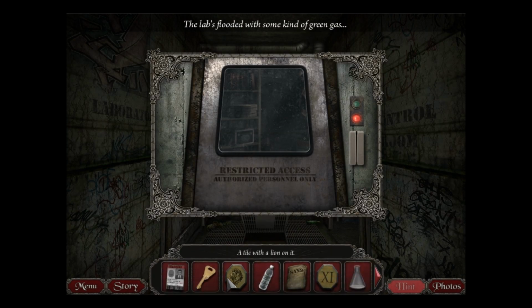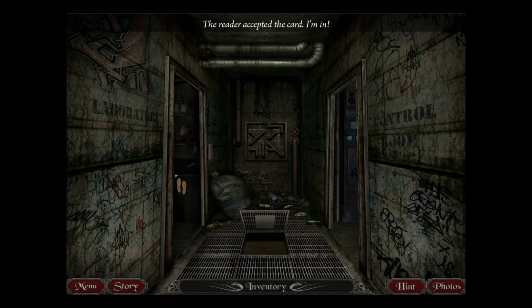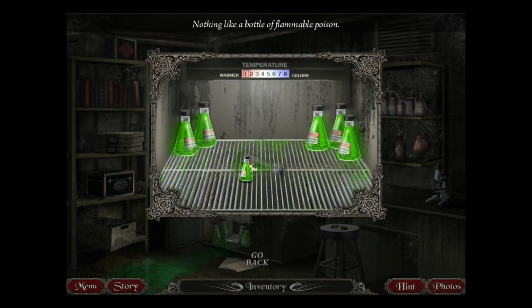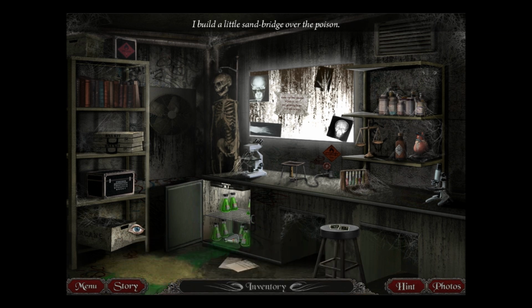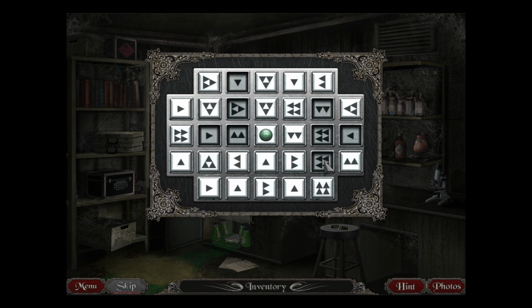Okay, so the gift is a clue and some gelatin. Okay, open up this thing. We have some poison. Put sand on the poison so I can reach this. Looks like I can't skip it. It's one of those puzzles where you just have to follow the locks all the way until you press all